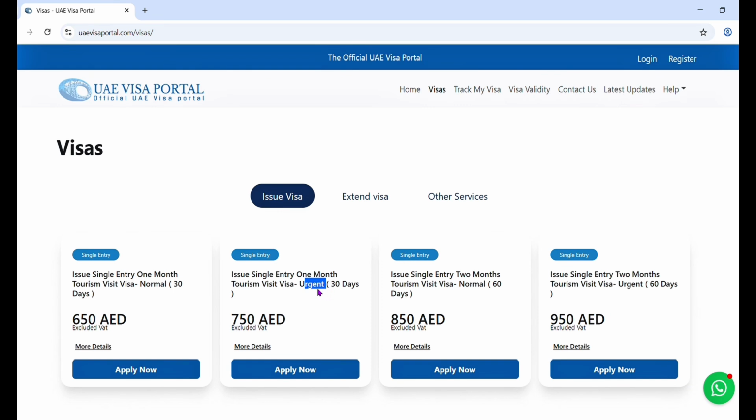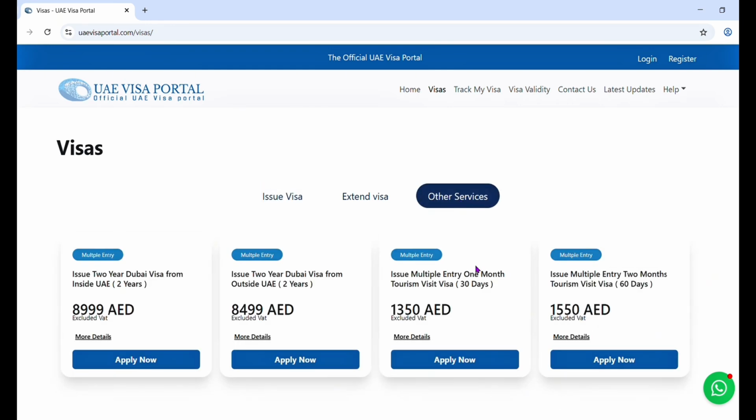This is the urgent option; within 24 business hours you will get your visa. And there is another option, single entry 2 months visit visa and single entry 2 months urgent visa. And there is one more option here. Here is multiple entry visa, 1 month multiple entry and 2 months multiple entry tourist visa.